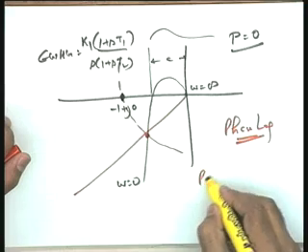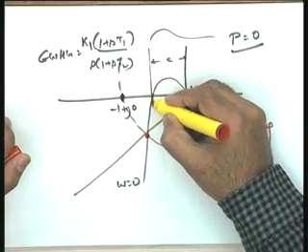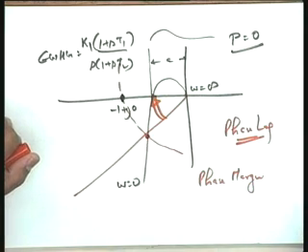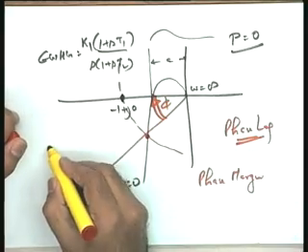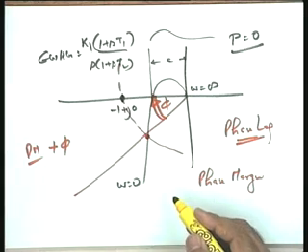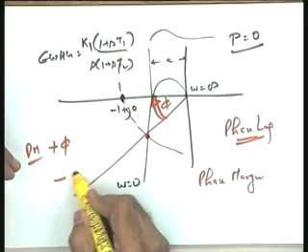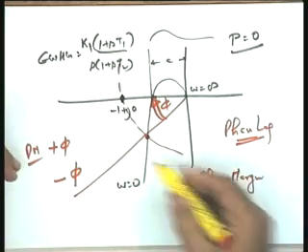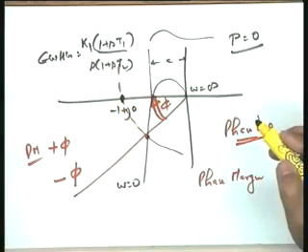In that particular case, that I will say is the phase margin, and you can see that this much is the additional phase lag which you can add to the system. So the phase margin is positive, this much, suppose this is phi. It means plus phi is the phase margin, because by dead time or because of any other factor in the loop, if an additional phase lag of minus phi appears in the system, it still remains stable, that is, it just goes to the verge of instability.